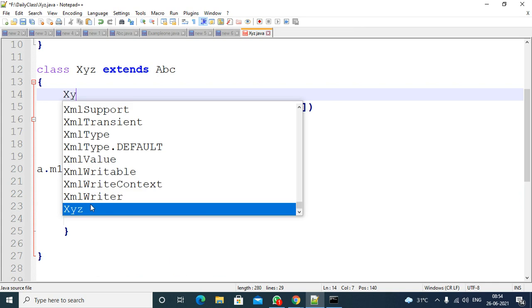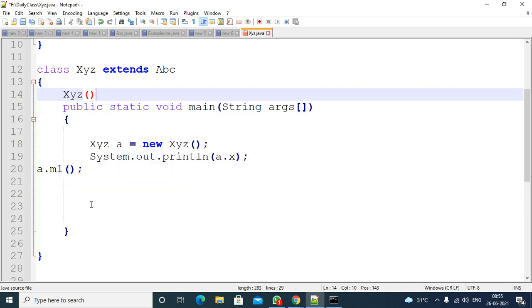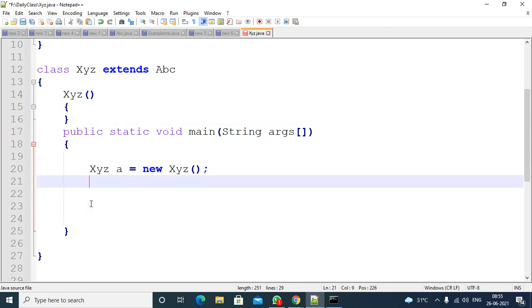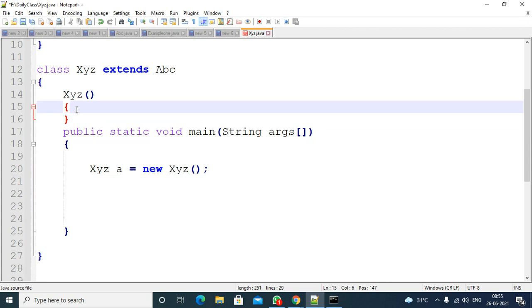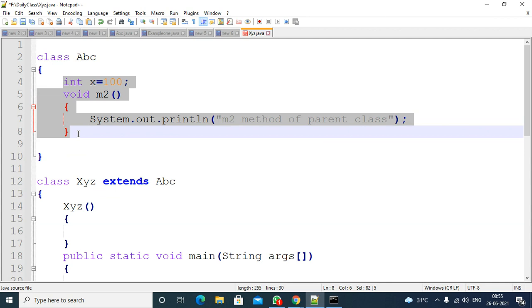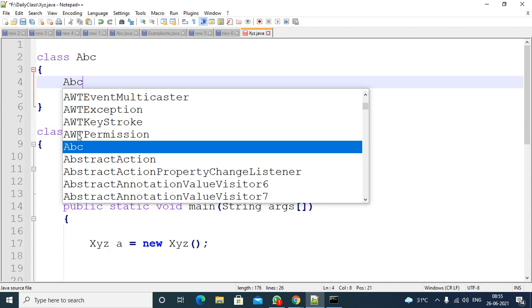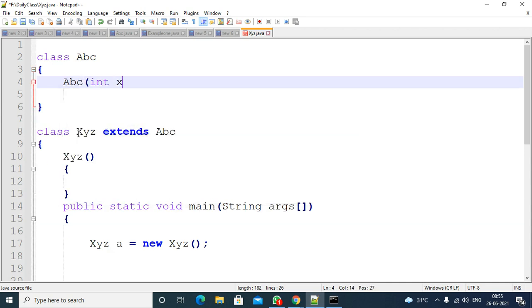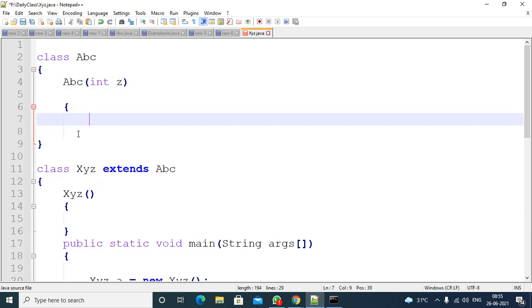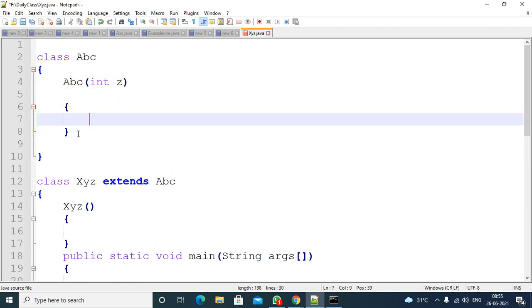Suppose in this class there is an xyz method. From this method, if you want to call the superclass constructor, suppose in this superclass a constructor is there, the abc class parameterized constructor with an integer a, or z, whatever it is, right?